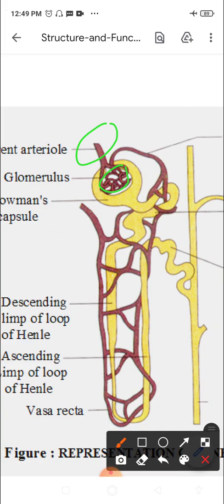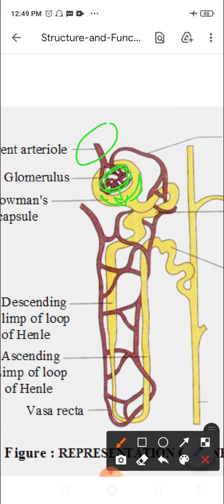So there's a continuous process of ultrafiltration that takes place over here. That is filtration under very high pressure. Now this happens through the semi-permeable glomerular capillaries. So the capillaries of the glomerulus are semi-permeable in nature. So water and many dissolved substances from the blood are filtered into the lumen of the Bowman's capsule. So this is the Bowman's capsule. So all the things get filtered into the Bowman's capsule, right? So basically what gets filtered is water and many dissolved substances from the blood. They're filtered into the Bowman's capsule through its walls, right?